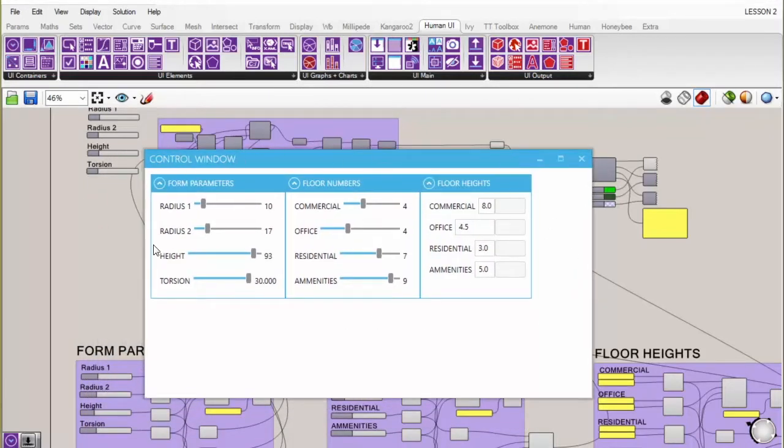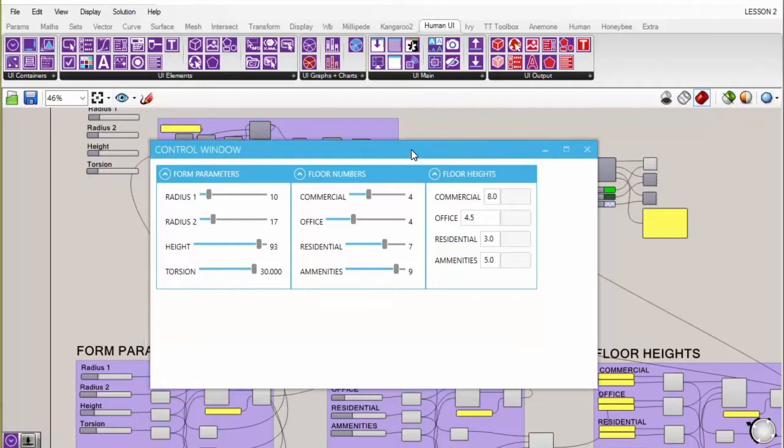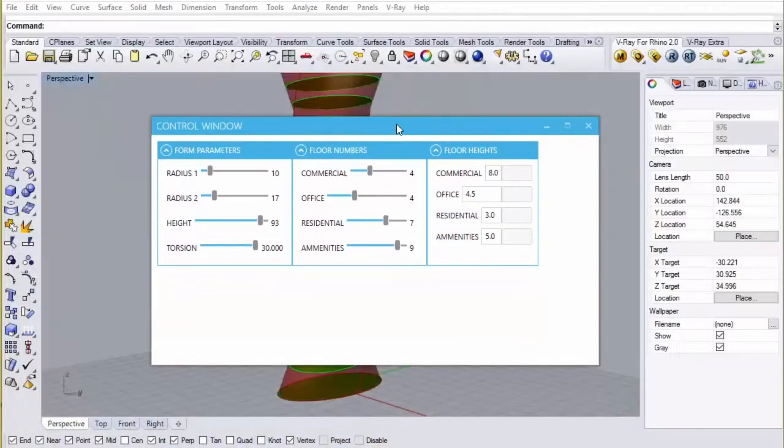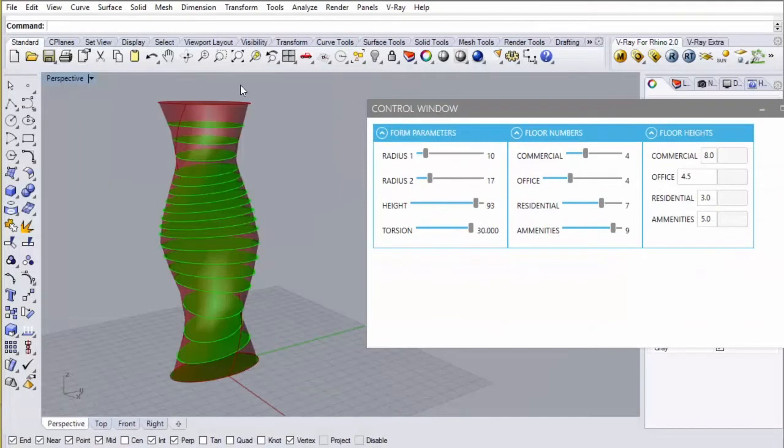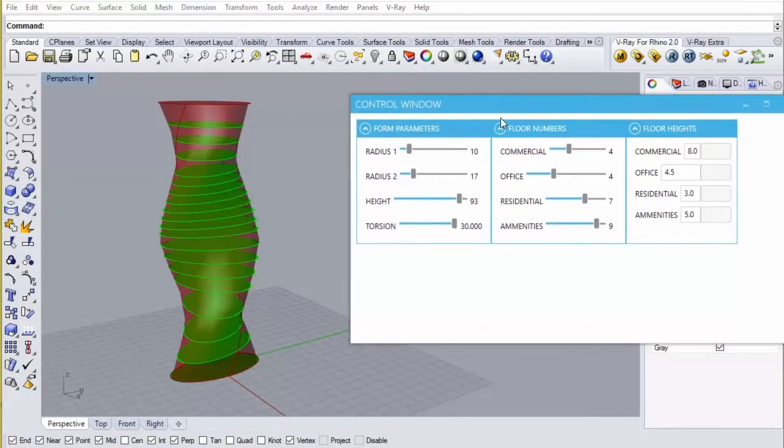So now all of our inputs are working quite well and very neatly, and anybody can just hop in and start to change things and not have to fiddle around with wires and zooming in and out of a weird definition. And you might even be able to show this to a client and have them play around over a Rhino window. So that's already working much, much better.